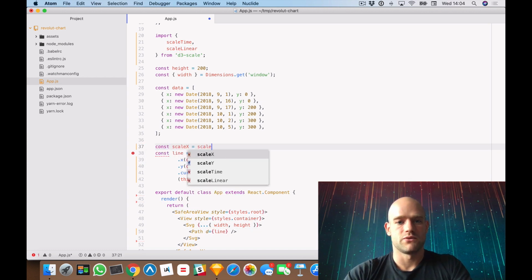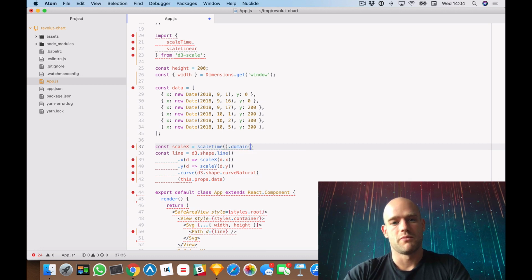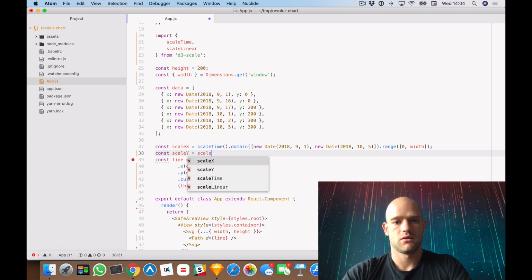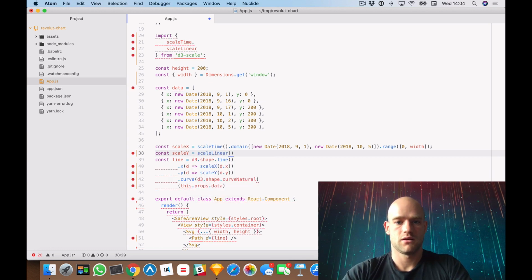So for scale x, we're going to use scale time. The domain goes from 1st of September to 5th of October. And the range goes from 0 to the width of the screen. And now we can create the scale y function. So here we use scale linear. We go from 0 to 300 and the range goes